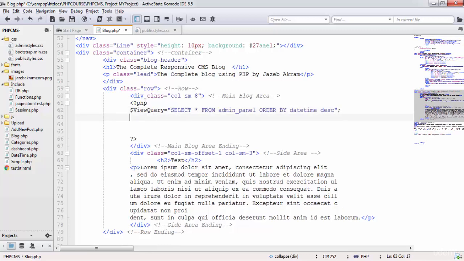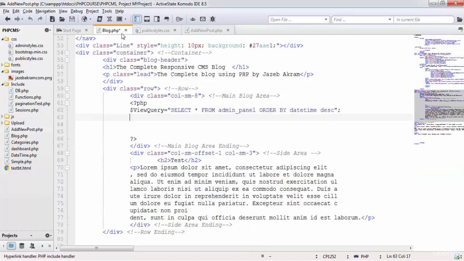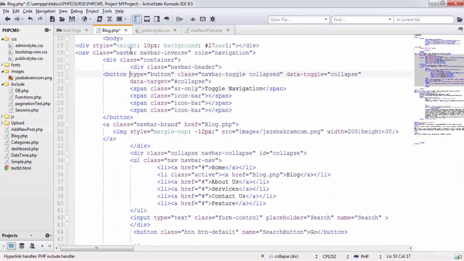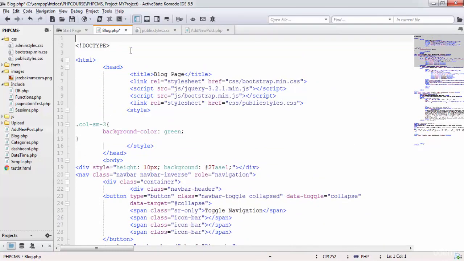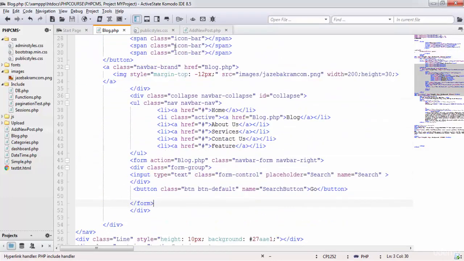Now before doing anything further, I think it would be great if we include the right files in this file of blog.php. So opening the file of add new post.php, right at the top you can see we included these files of db and sessions and functions. So I'm gonna add the same ones in this file of blog.php so that we can use the functionalities of these files as well. So back to the main area,